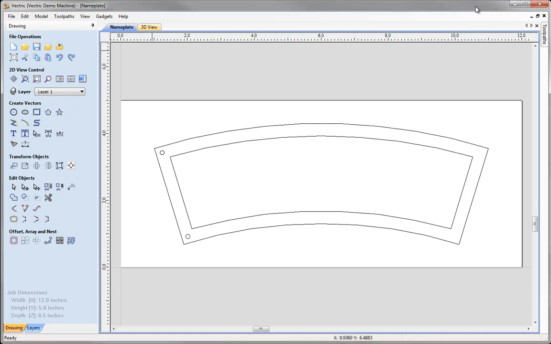Now the reason I've only created two of these is because I know this part is symmetrical. So the software is very good at allowing you to mirror things in order to create symmetry across the job. So in this case, what I can do is just drag a box which completely encloses those two circles so they're selected, and now I can come across to the mirror icon, which is under the transform objects part of